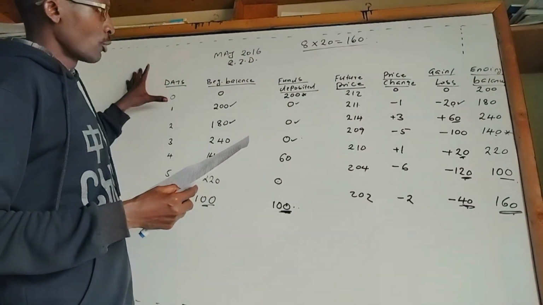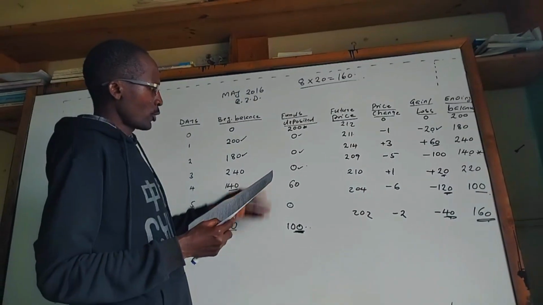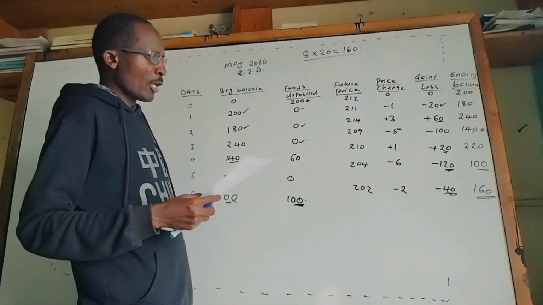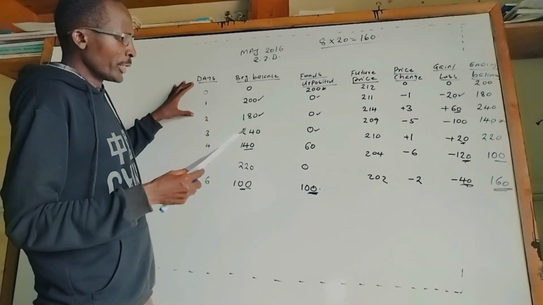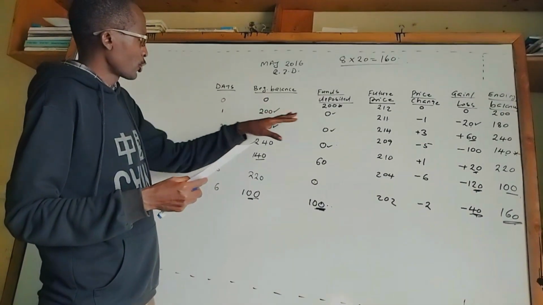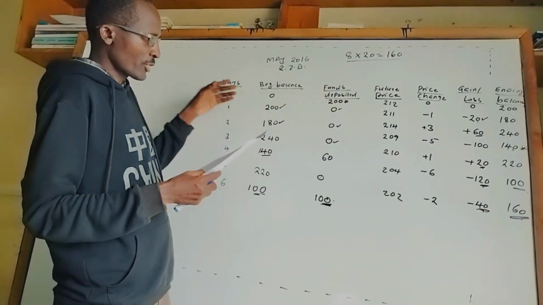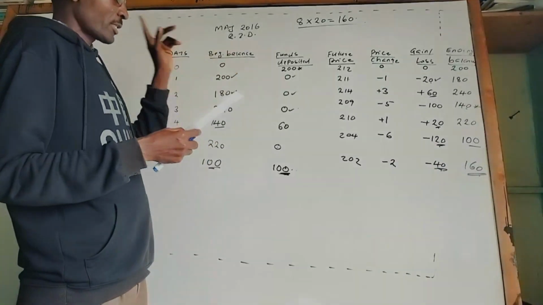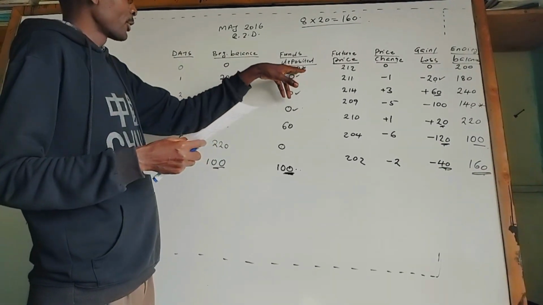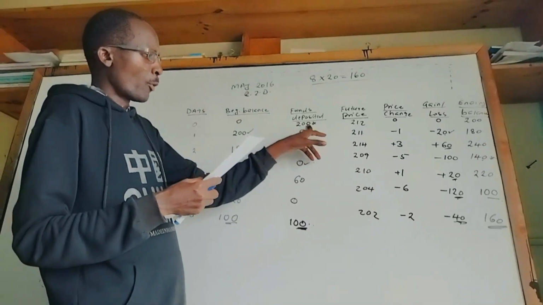In our study text, how we explained this question is, we said on day 1, you deposit shillings 200 here. I think we could have said day 0, but that statement is referring to this deposit here. On day 0, you deposit